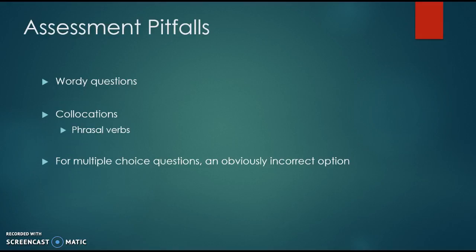I also want to strongly discourage you from using an obviously incorrect option in multiple choice. If you don't want to offer 4 choices that are plausible, just offer 3 then. I don't think it helps the student to have this out-of-the-blue option. I think it takes them out of the test, and I don't think that it aids instruction, which is the point of assessment, the beneficial consequences.